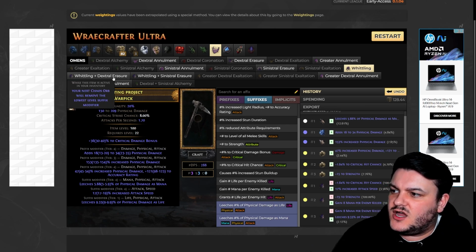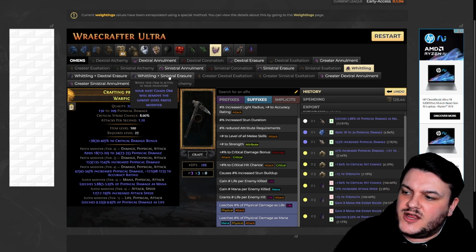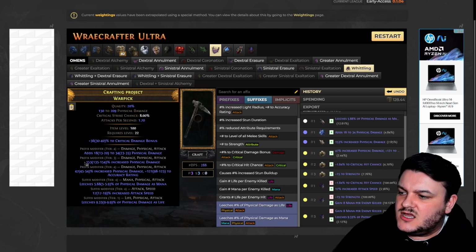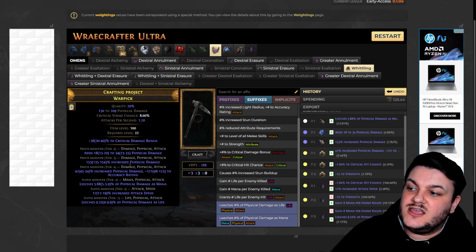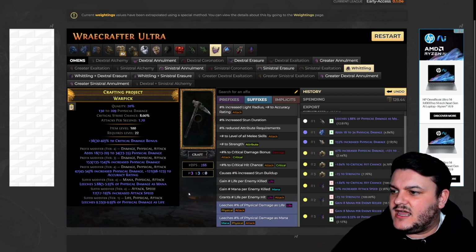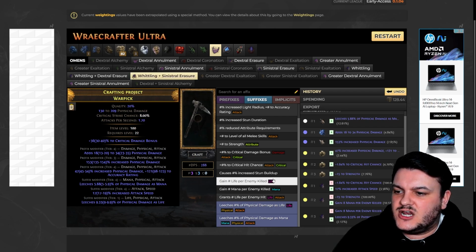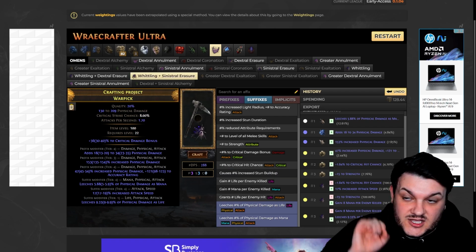So this is where I would go, for instance, to use a Whitling and a Sinistral Erasure. Now, I don't need to, because I do like all of these. You could still use it just to try and get a higher tier of something. But let's just say we know that these two are both tier 4. If I was to use this as your lowest level prefix modifier to try and get a god roll, then